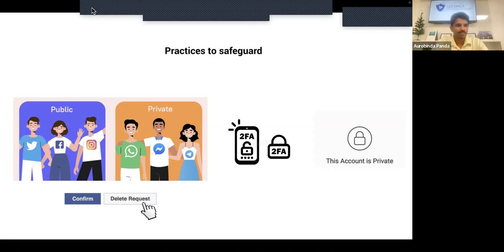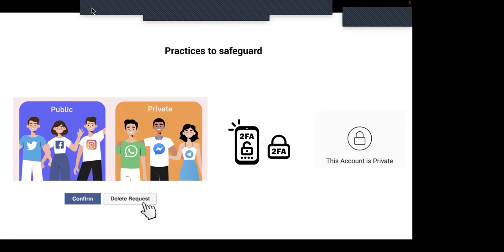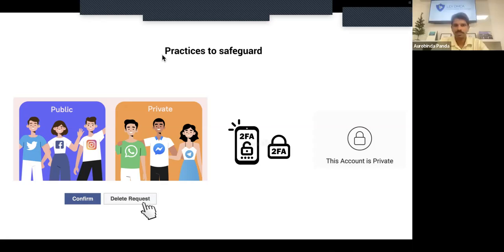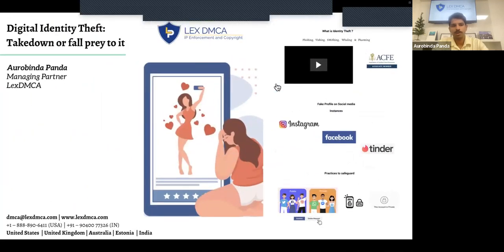So thanks for joining today, and it's been a wonderful session which we have gone through, and I hope you have got a little bit more information about what we mean by digital identity theft and how it can help you to identify your social media accounts.